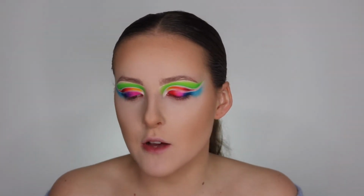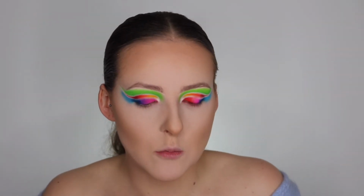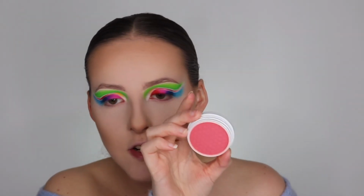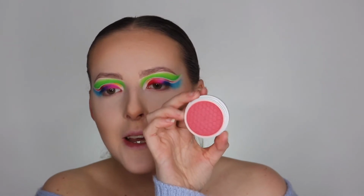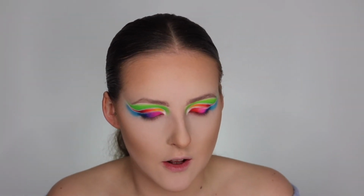corally blush. But I don't know whether it's because I want to use this product up, because I've had it for quite a while, but I've been loving the Colourpop Super Shock Cheek in Never Been Kissed, which is quite a bright blush. It's quite a pinky purple, pinky orangey shade, and I've actually been liking a lot of blush